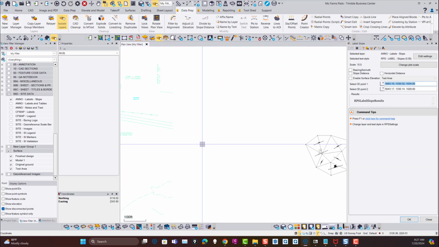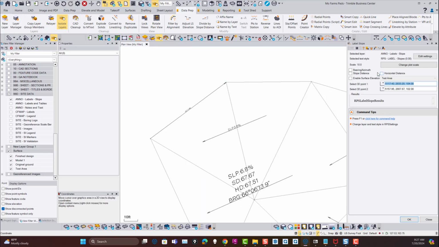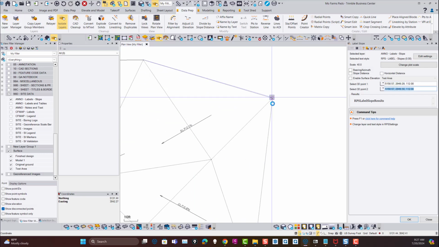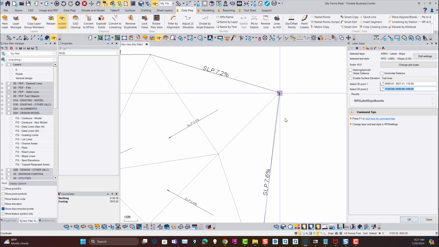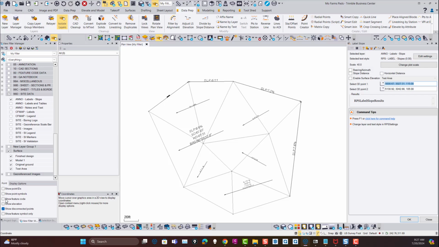If I go back over here to my model and I want to label from point to point, again I can just say from here to here and it will draw me my label. If I change this back to, let's say, 40 scale now, and say I want to label between, let's say, here and here, and between here and here and here and here, you can see it's calculating the slope direction. If I look at the elevation values in here,